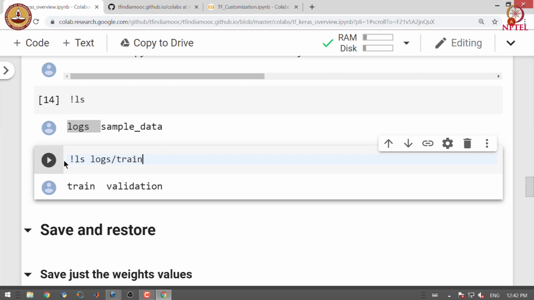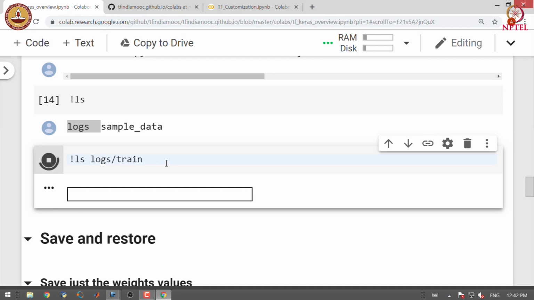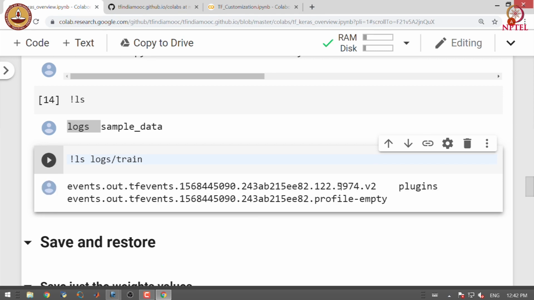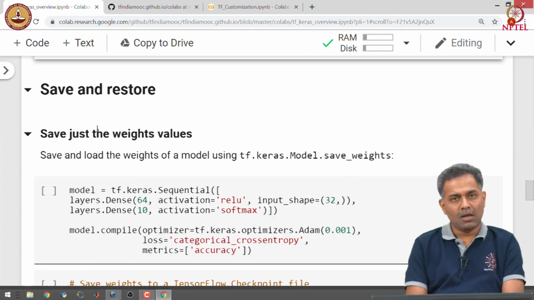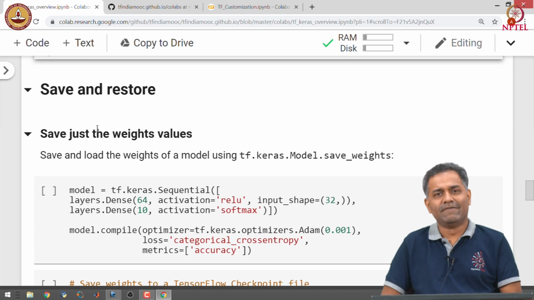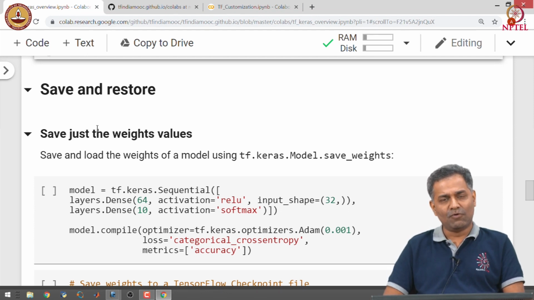Let us look at what is there in the training folder. You can see that these are the events that are already logged, and these events can be used and visualized through TensorBoard.